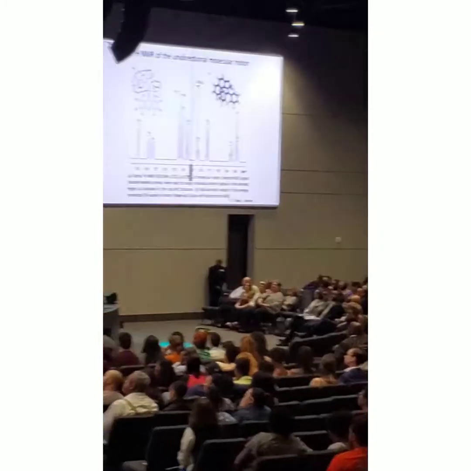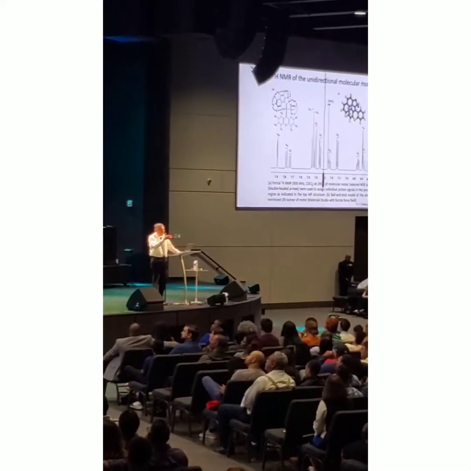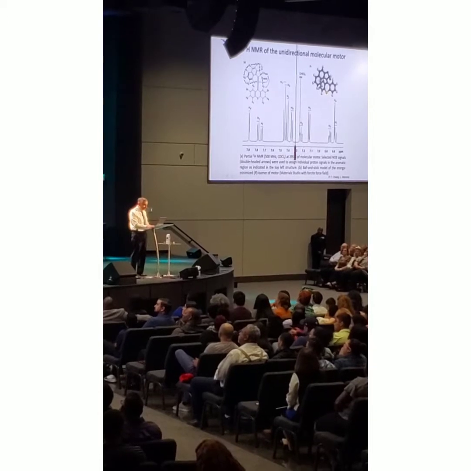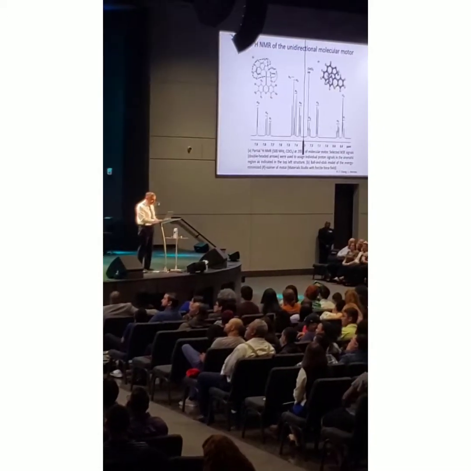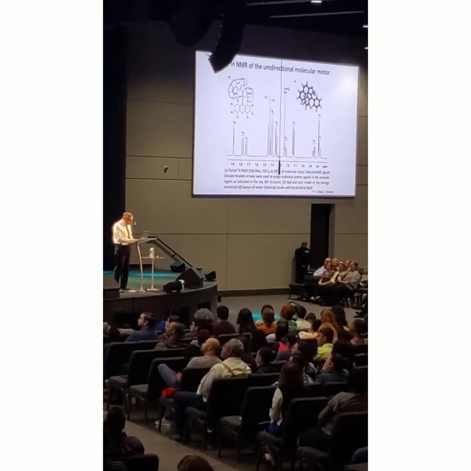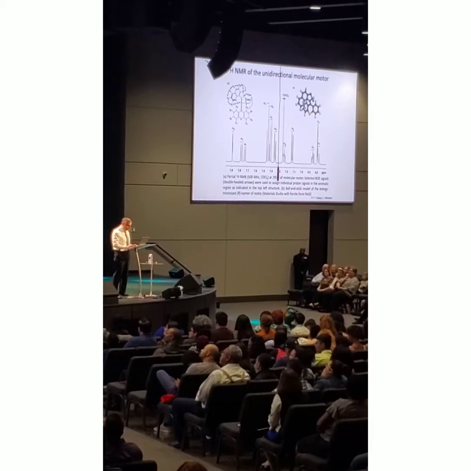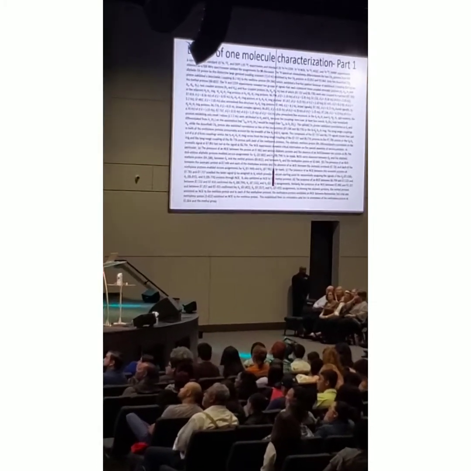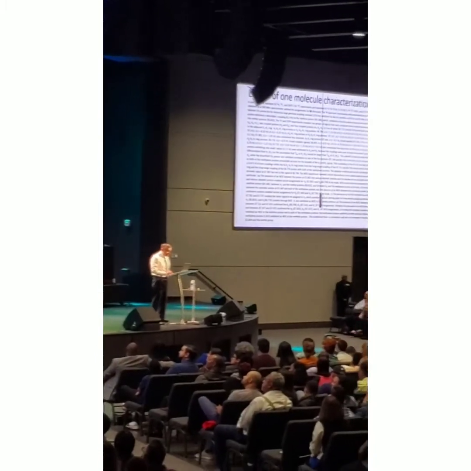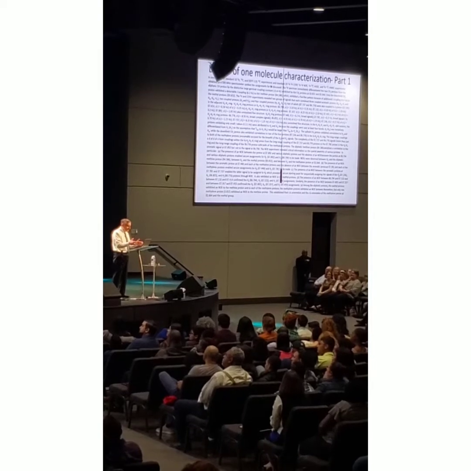Then the other thing is characterization. How do you know the structure of the molecules? The pharmaceuticals that you take, how do we know the structure of those compounds? Well, you do something called nuclear magnetic resonance, and it gives you a bunch of peaks, and from these peaks you can figure out the molecular structure. So you see these peaks, and then we have to convince our colleagues that we understand the structure. So we publish papers and we write stuff like this, which is a bunch of just numbers and words that don't make sense to any real person. And this is what we have to do to convince our colleagues that we've made what we made.